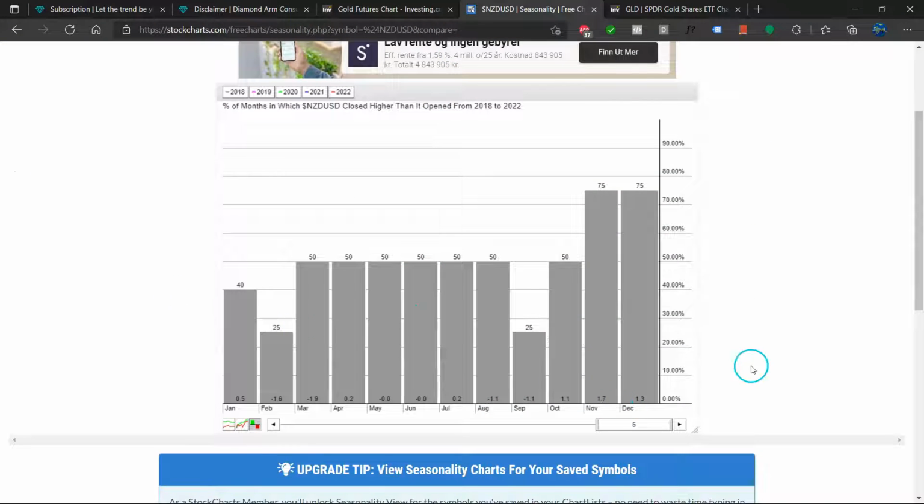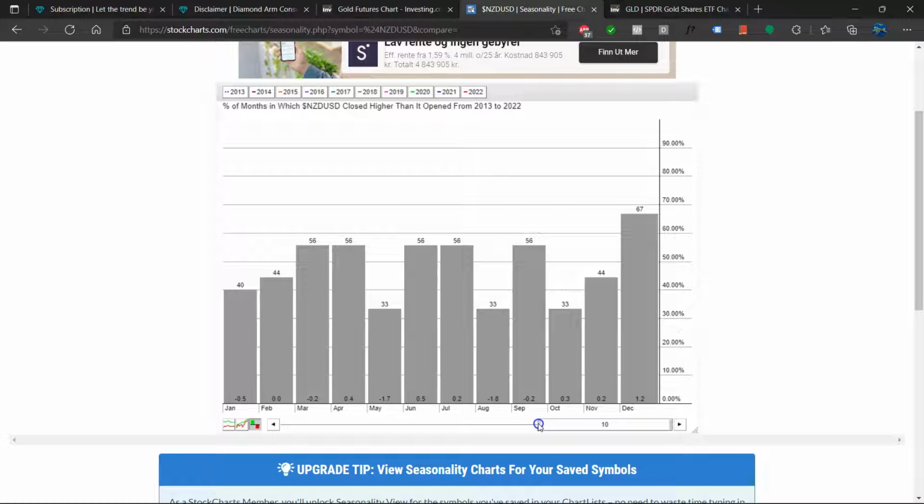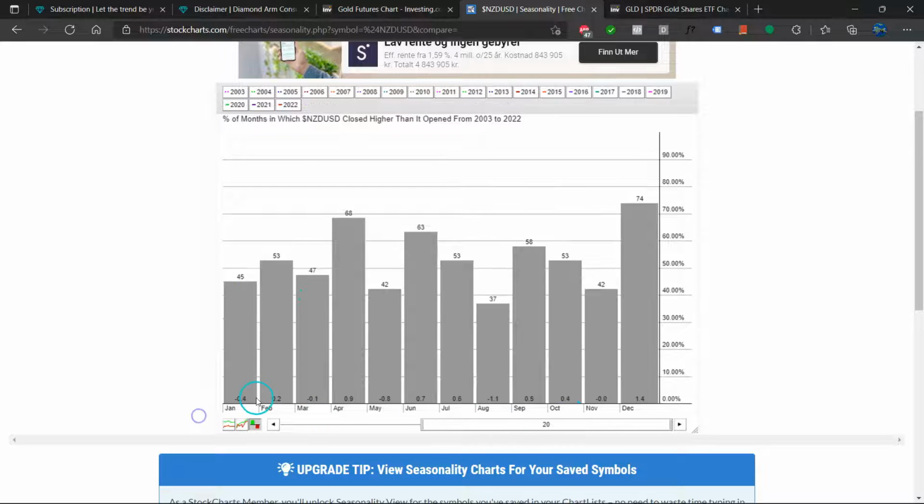Okay, so here is the seasonality. Over the last 5 years, January and February have been weak, meaning the New Zealand dollar tends to weaken vis-a-vis the US dollar. Over the last 10 years, it becomes a bit more complicated because there's a strengthening from January into April. And looking at the big picture over the last 20 years, you do see that there is this